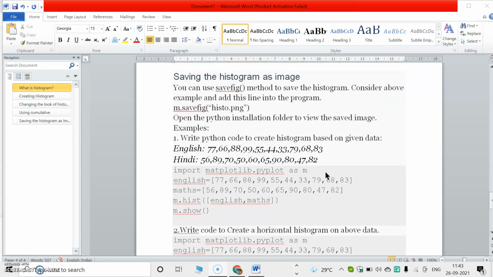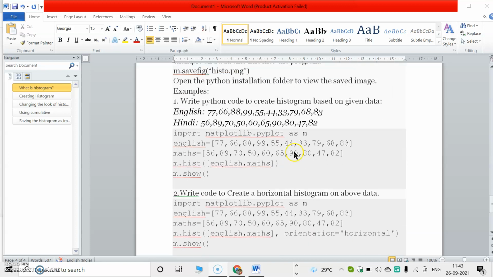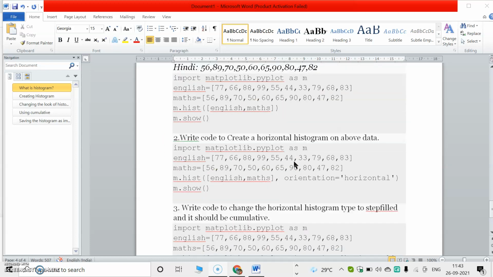For this we use the pyplot object dot savefig. Inside brackets, inside double quotes, we give the histogram name, any image name. It is in PNG format. If this is our code, we can see the image by using this code.